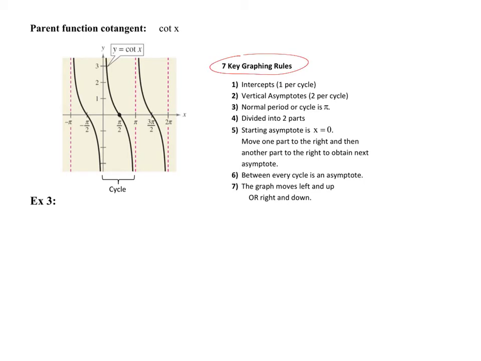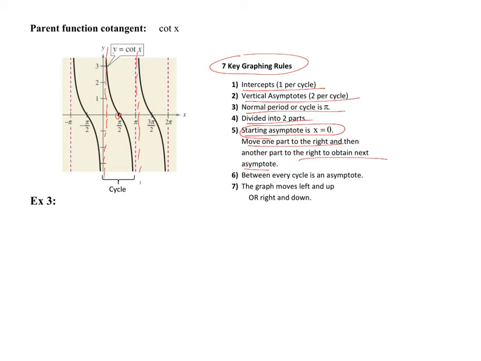Now, cotangent is very similar to tangent, but instead of there being a starting point, there is a starting asymptote. Okay, and it's at x equals 0. There's my starting asymptote. All right, and instead of moving to the left and to the right like we did for tangent, we only move to the right. So once you have your asymptote, then you move to the right one increment, and that gives you your intercept, and then you move to the right again, and that's your next